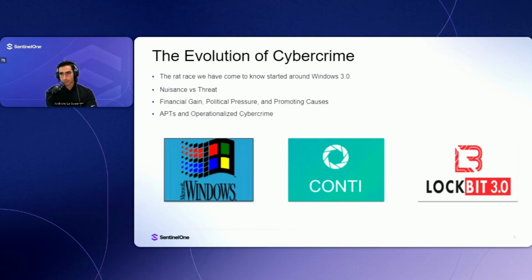On to the evolution of cybercrime. Now, initially, threats were mostly adware and disruptive attacks, not world-ending, but the need for an antivirus solution was clear. Once threat actors realized the potential of cybercrime, whether financial gain, political pressure, or cause-based hacktivism, things began to change, and advancements in offensive tooling soared. This marked the transition from nuisance to threat for cybercrime. Today, we face fully funded threat operations, often state-backed and organized like standard businesses.